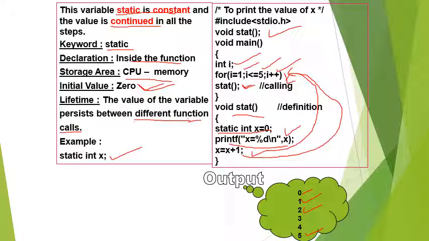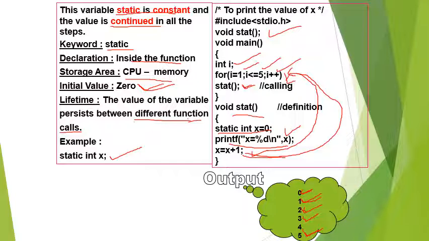From the first calling, the value was changed, and that value was used in the second calling. And from the second calling, that value was used in the third calling, likewise. So the memory it is using and the function calls remain.